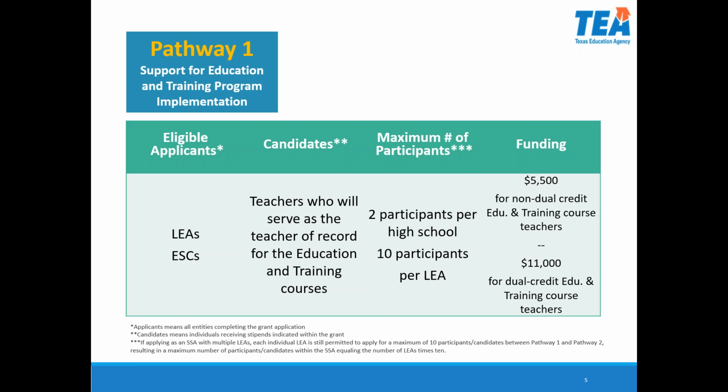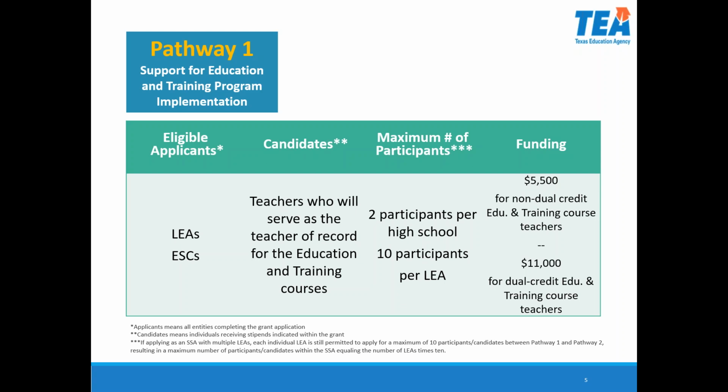Pathway 1 offers stipends to support educators in establishing, implementing, and enhancing CTE education and training courses with dual credit opportunities in their school and district. The ultimate outcome of this pathway is to increase high school students' exposure, particularly students in rural communities and students of color, to the teaching profession early in their career planning. For more information on Pathway 1 grant design and intended outcomes, refer to pages 12 through 15 of the RFA